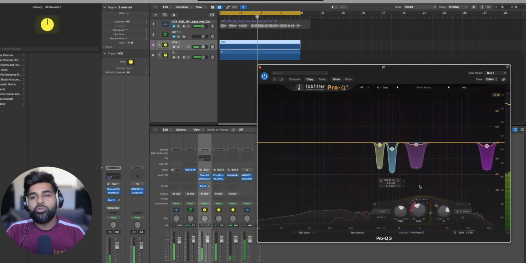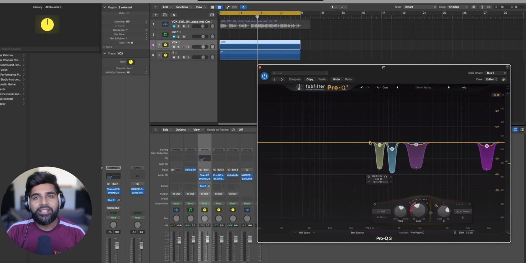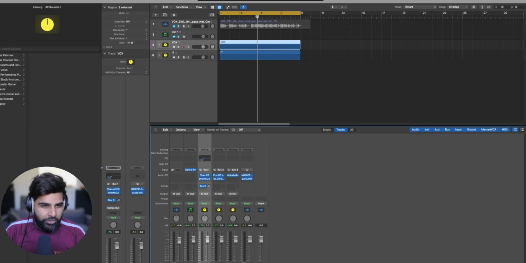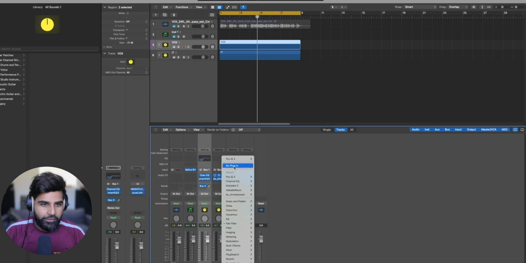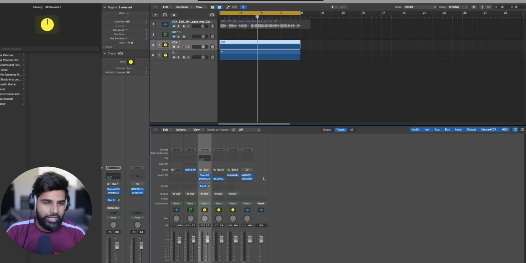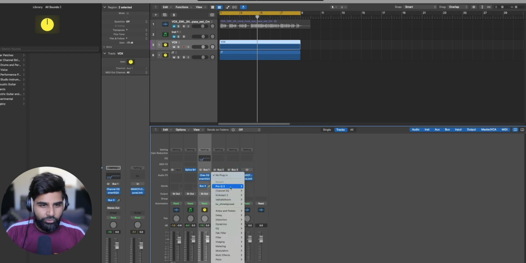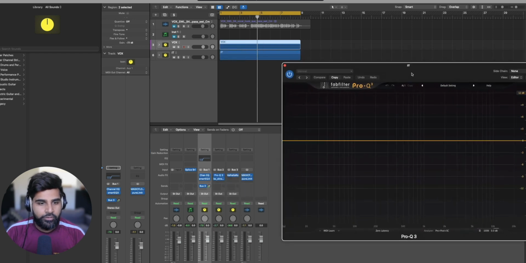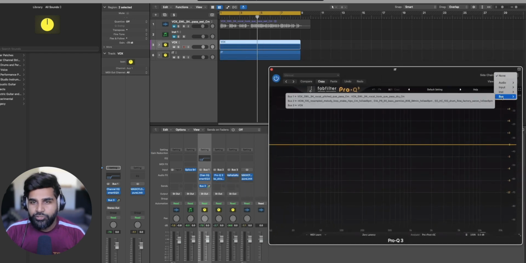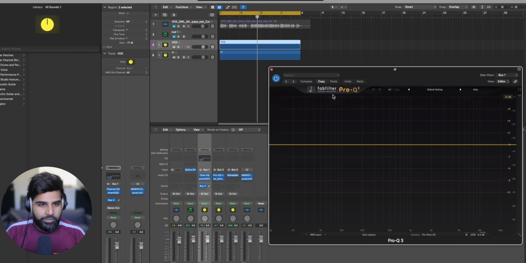All right, and what we're doing right here is pretty much ducking any frequencies that are masking the instrumental and the vocal together, or that are being masked by the instrumental and the vocal together, and we're ducking them dynamically. So let's do this. What we're going to do is we have the vocal EQ, everything is done right here. We're just going to take off the instrumental Pro Q3 and let's add that Pro Q3 again in the instrumental bus. Next thing we're going to do is choose our vocal bus, which is bus 1